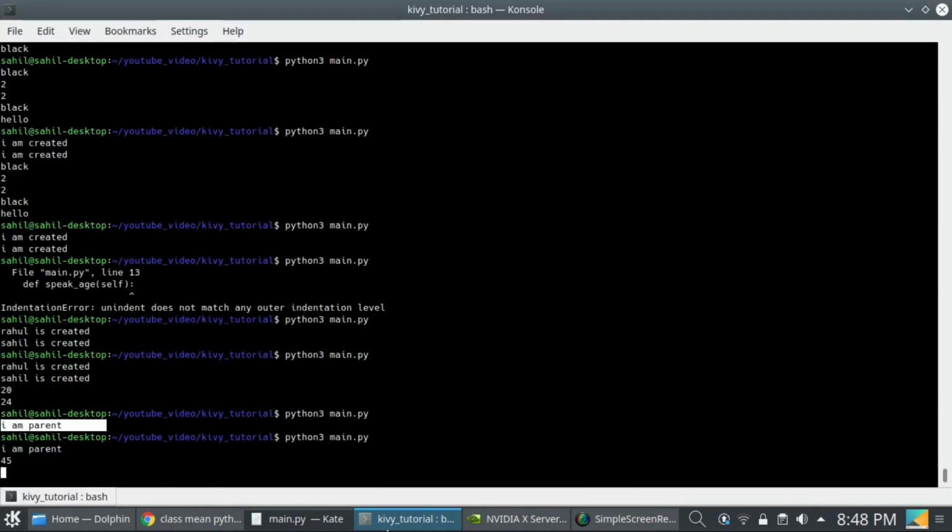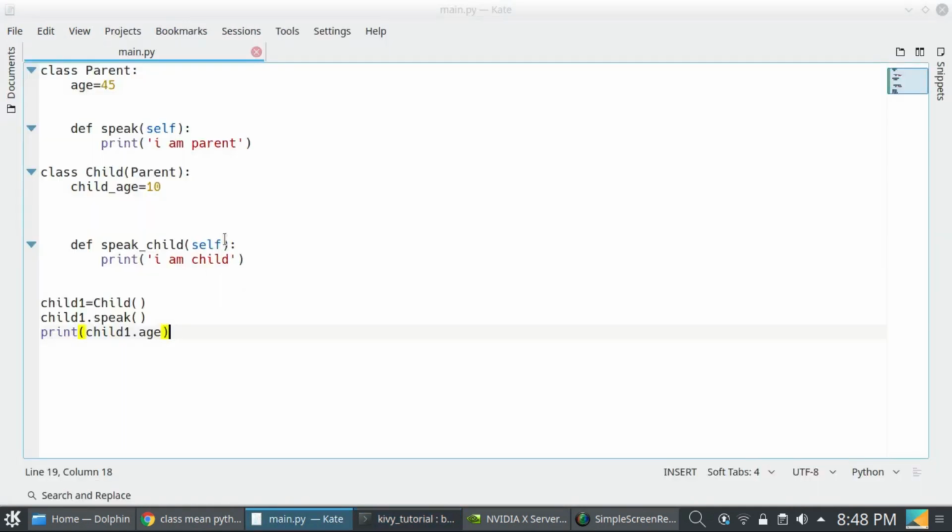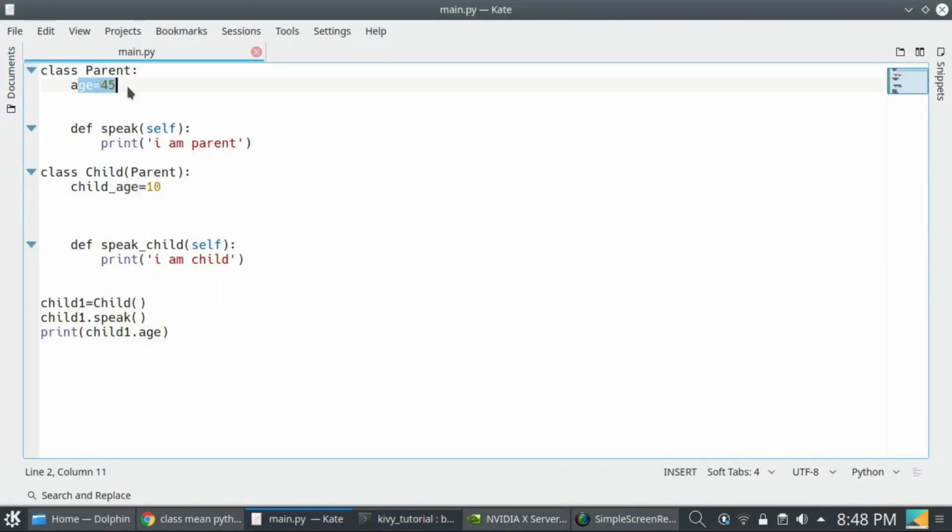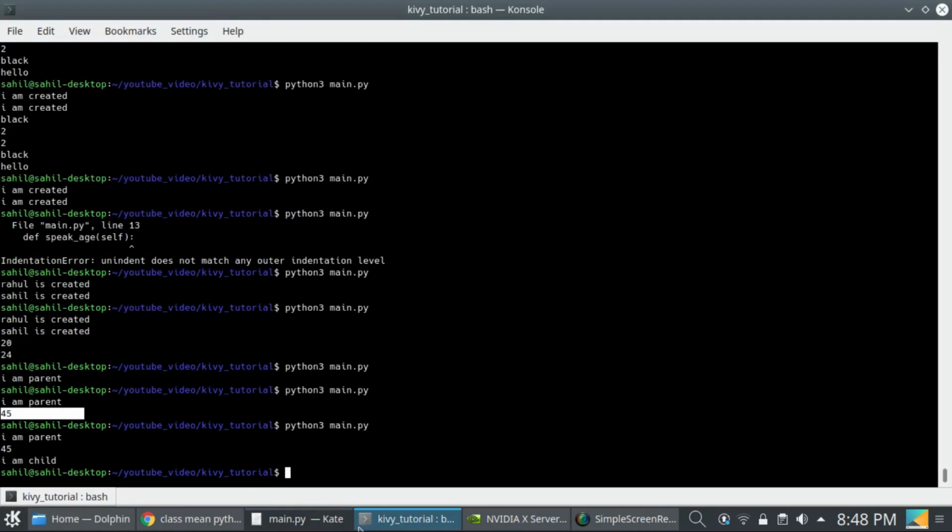So I can access that, 45 is defined here, as I have already told you. So I can access the speak child also, child1.speak child, and I can access speak child also.